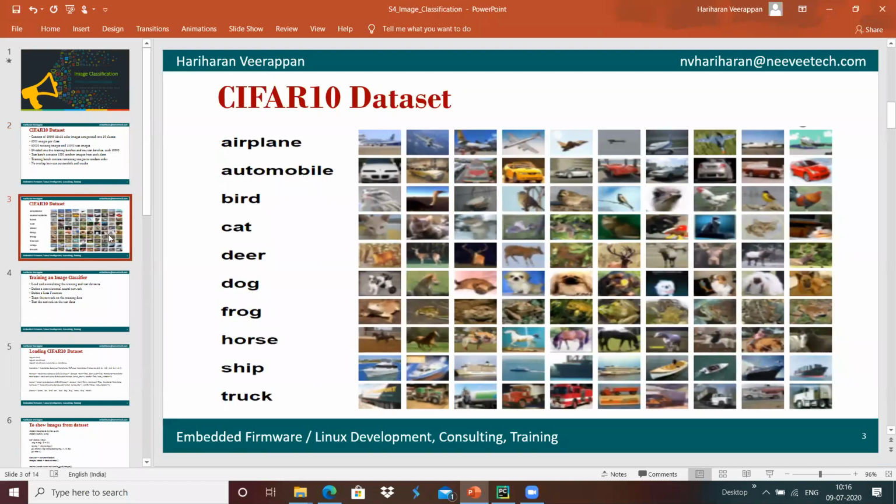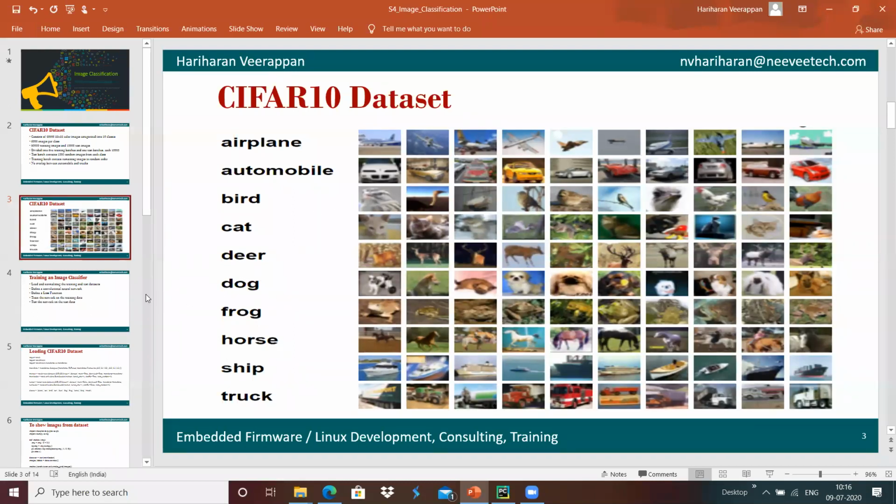This is the data set we have, which contains 10 groups: airplane, automobile, bird, cat, deer, dog, frog, horse, ship, and truck. These are the 10 different classes of images present in this data set.